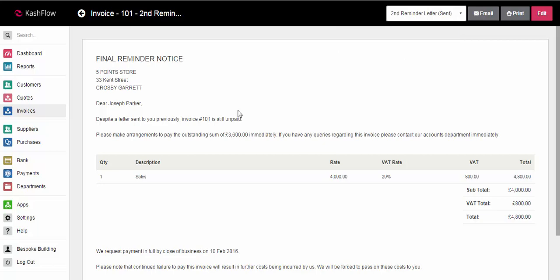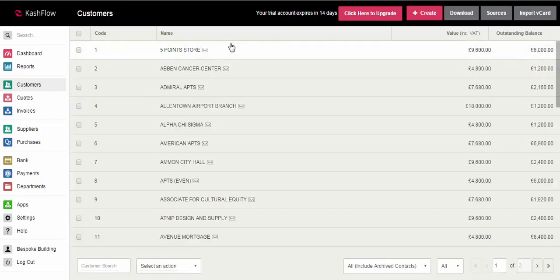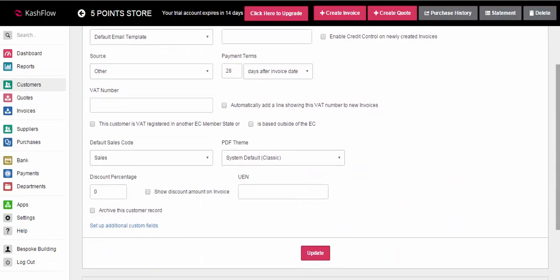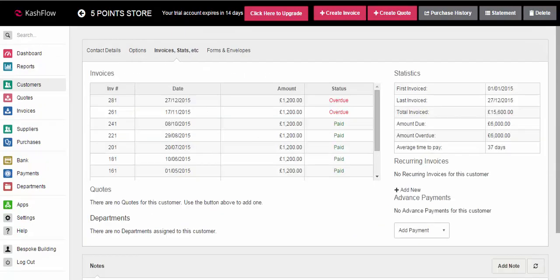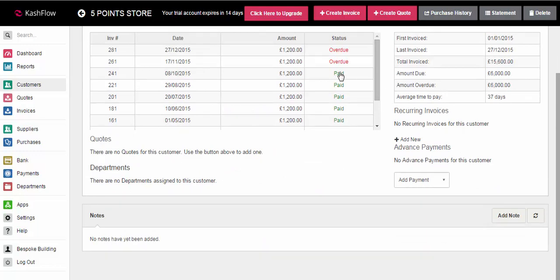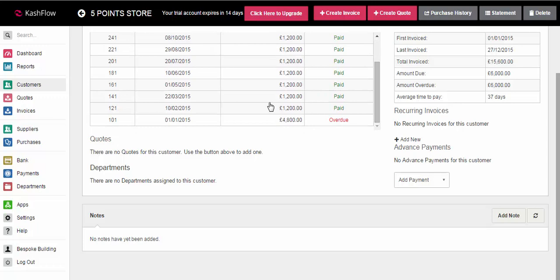Now if we go through to the customer screen now on the left hand side, and we go to our customer 5-point store, we'll be able to see, if we scroll down, if we go through to invoices and stats, any notes on here, if we click into an overdue invoice, so if I just go through to invoice number 101, which is overdue,